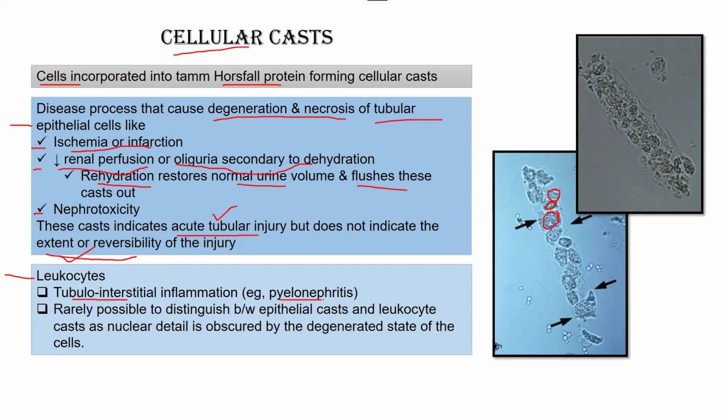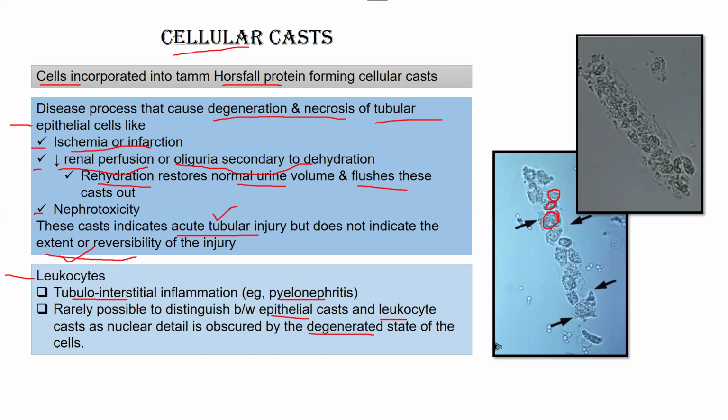Just like in the case of pyelonephritis, the leukocytes will increase in the urine and form casts. It is also not really possible at this point to distinguish between epithelial and leukocyte casts, as nuclear detail is obscured by the degenerated state of these cells. So what they are saying is that we have two types of cells in the cellular cast, either epithelial cells or leukocytes, but under the microscope it's difficult to tell whether it's a cellular cast made from epithelial cells or from leukocytes, because the leukocytes, although they have very prominent